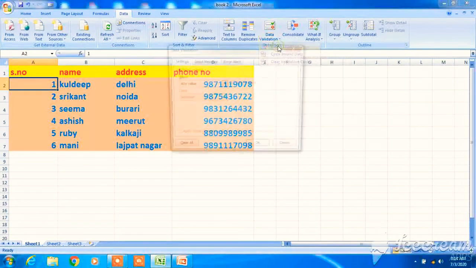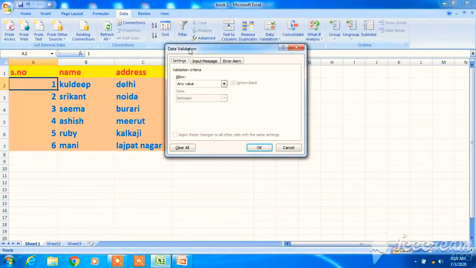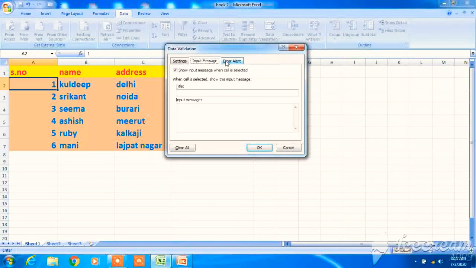Data validation, click on this. A data validation dialog box will get open. So what I want, I don't want any value, I want only whole number, right? And the range of my number should be 1 to 10, not more than 10 it should take. Fine. Input message I am not giving. Error alert.